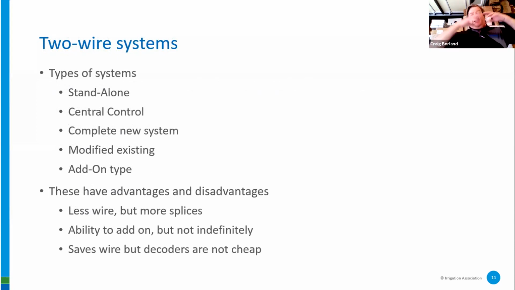Standalone, central control, it can be a complete new system, all brand new being put in. It could be modifying something that's already there. Like I said, you could tie into it and add on to it, which is great. But if you're going to start and add on to a system, please be careful. If you're going to try and use existing wires, it is so